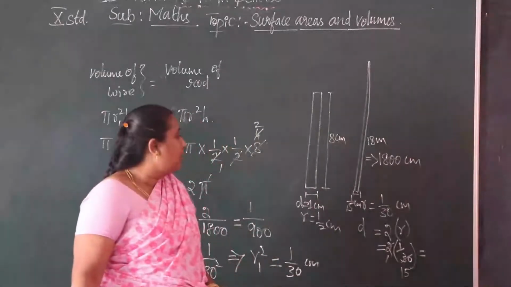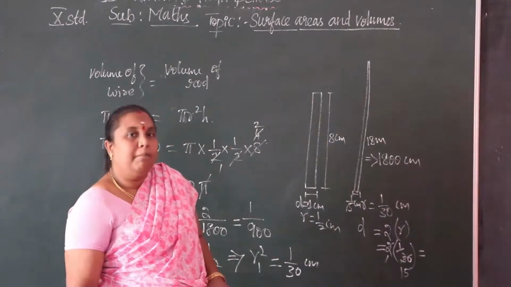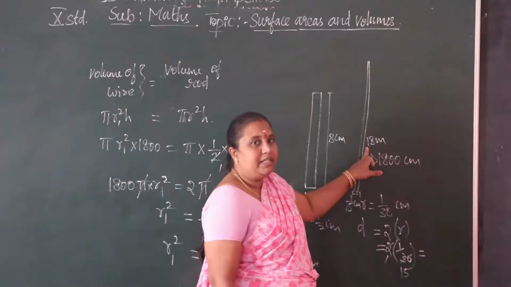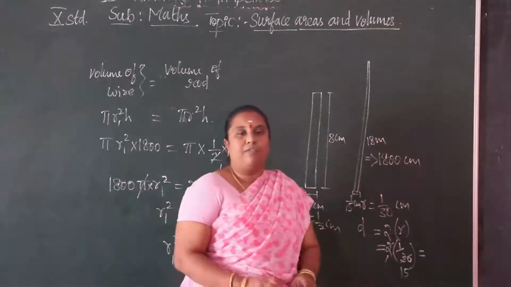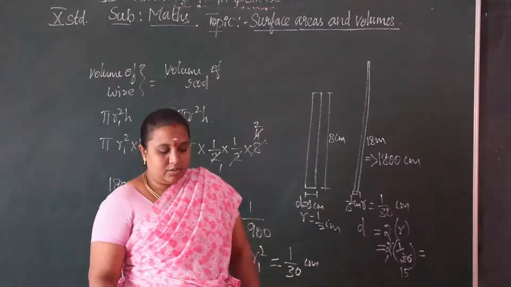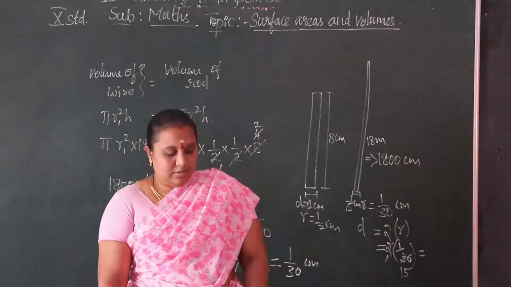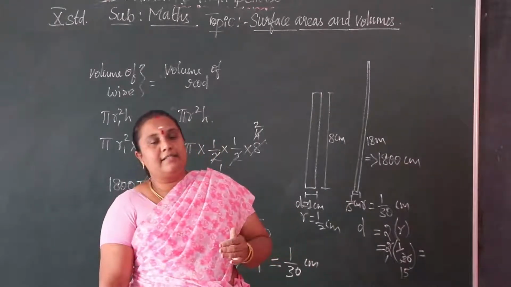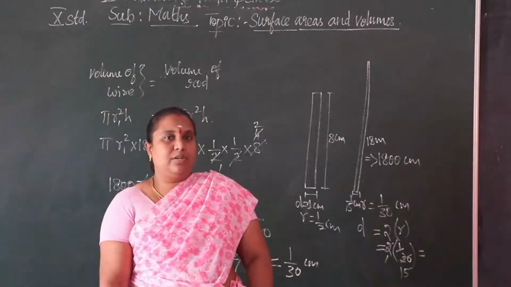Understood, children? So how do we find the diameter? We have to say this in meters. Why? Because here we have the measurement in meters, 18 meters. So in units we have to say this in meters, so we convert this into meters by dividing by thousands. So we have it in the exact form, or otherwise we can write it like this also, it is correct.